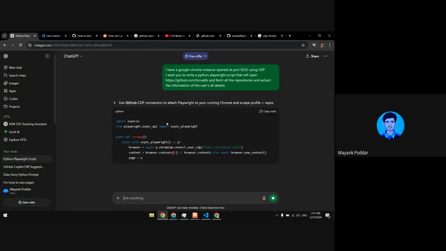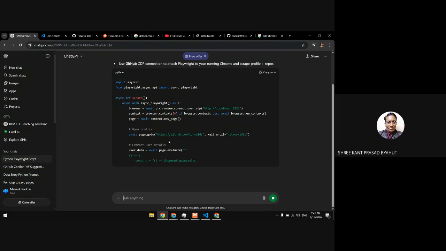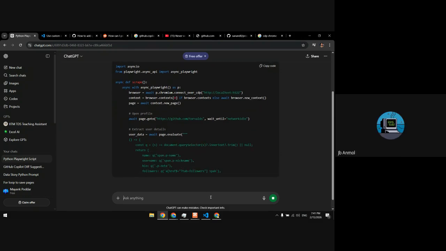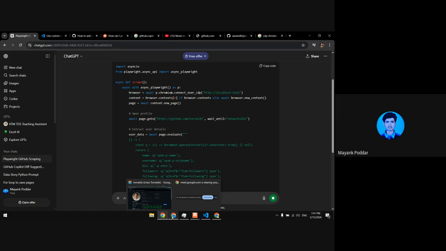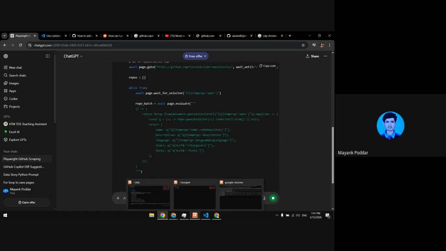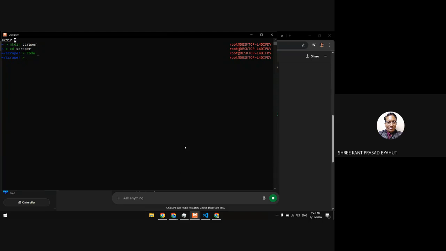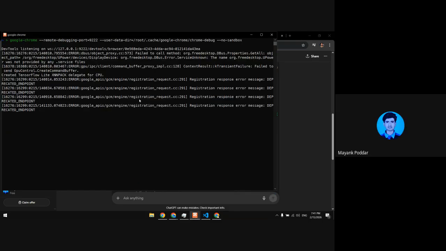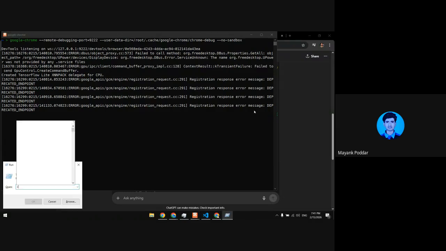Sir, how to open or create a CDP instance? There are a lot of ways to do it, but one way I've used is, I have installed Google Chrome in WSL and I would open from there. If you are on Windows, you can also do it, but there will be a different command. On Windows, it will maybe be